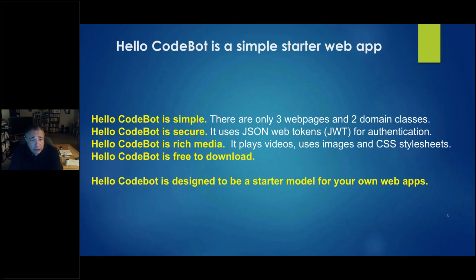It's free to download. You can download the EA model from our website, and you can get yourself a CodeBot license and try it out. You can also view the already generated result of that web application because it's already hosted. And I'll give you some links to our online process guide where you can get at all that stuff. But basically, this Hello CodeBot example is designed to be a starter model so that you can start generating your own web applications. And you kind of get the registration and login for free.